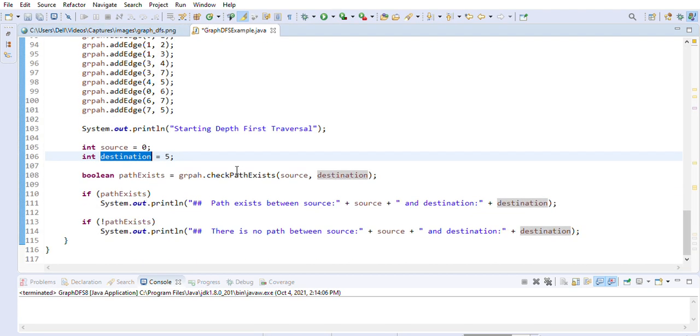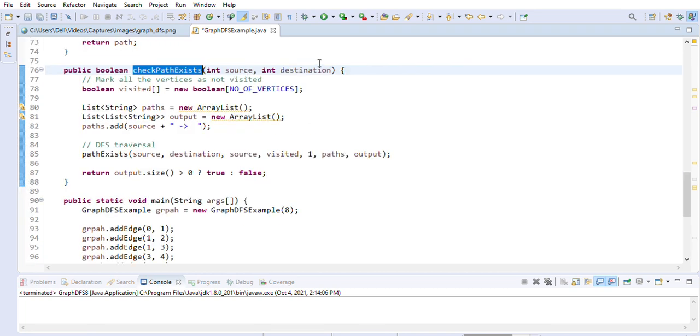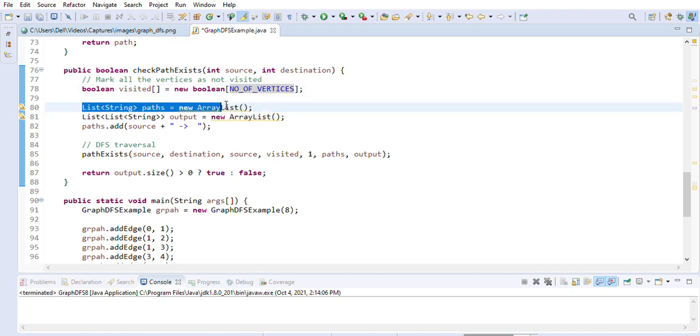So we have implemented a function called check path exist, and we will just pass our source and destination here, right? We will also be using a visited array here. It is the same size as the number of vertices. And then what we will create here is an array list of paths. Whenever we find any path, this path will be a dynamic list, an array list basically.